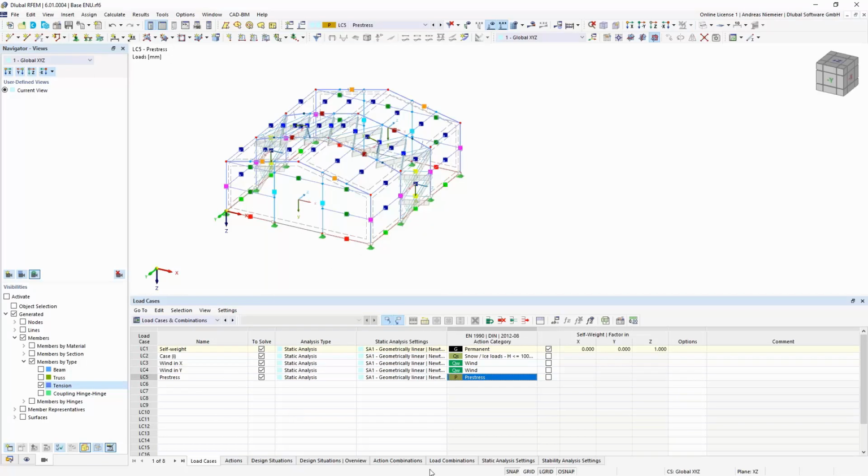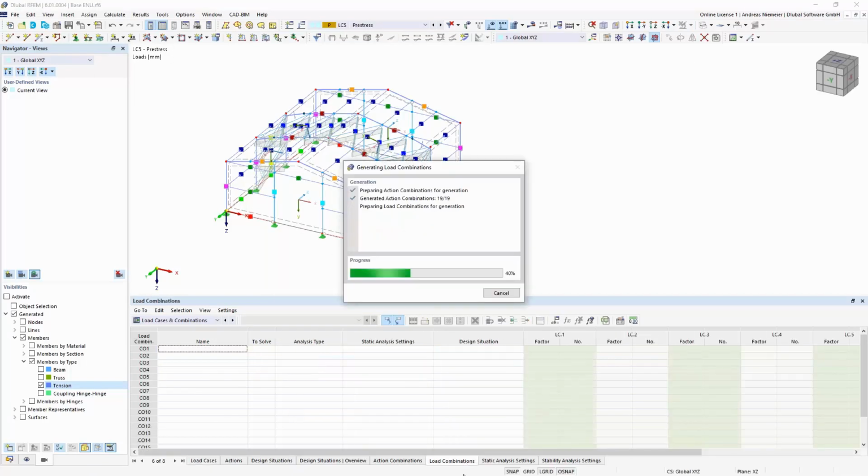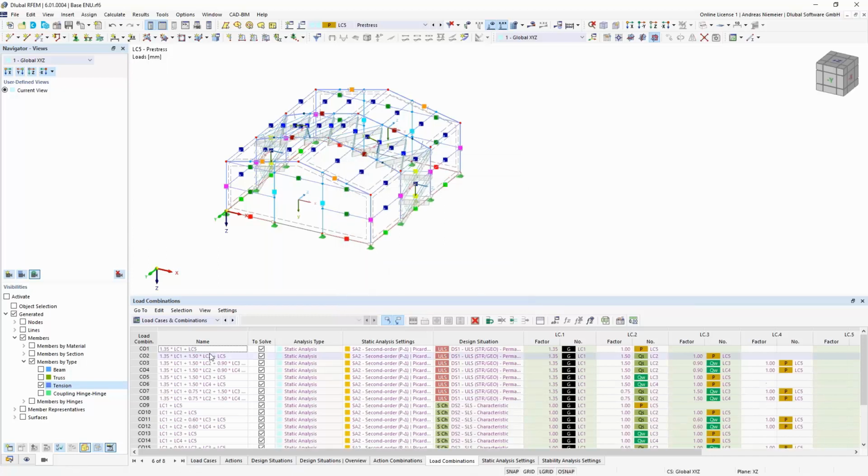Of course, the program knows this and already prepared load combinations, and you see we get a list of load combinations. The only question is, should we calculate according to second order P-delta analysis or not? And this we can evaluate by doing some structure stability analysis. For this, I open my combinations,